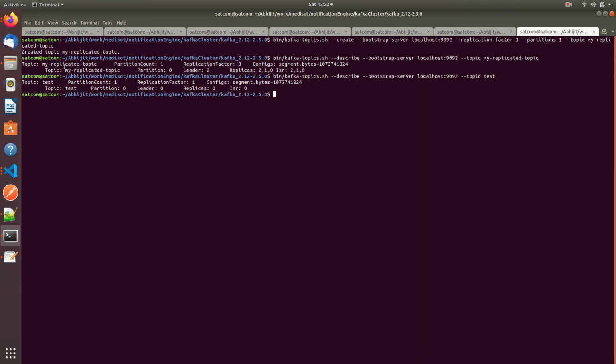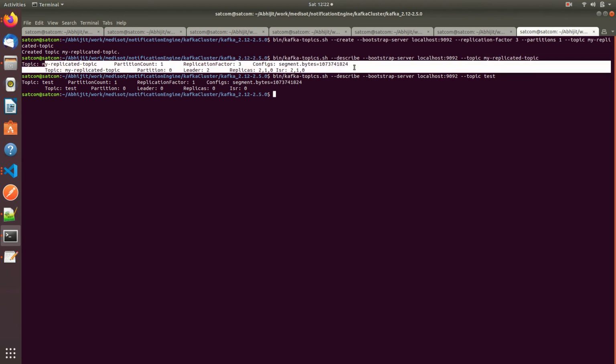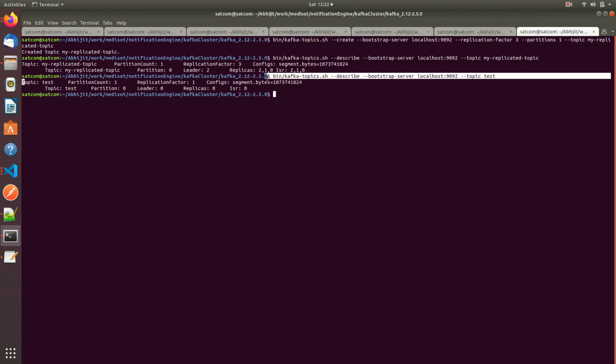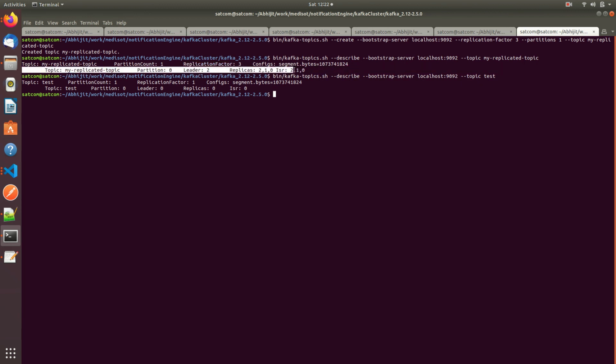Look here: the replication factor is 3, and here the replication factor is 1, though the partition count is 1. In the second line, look, partition leader is 2, replicas 2,1,0, ISR 2,1,0.